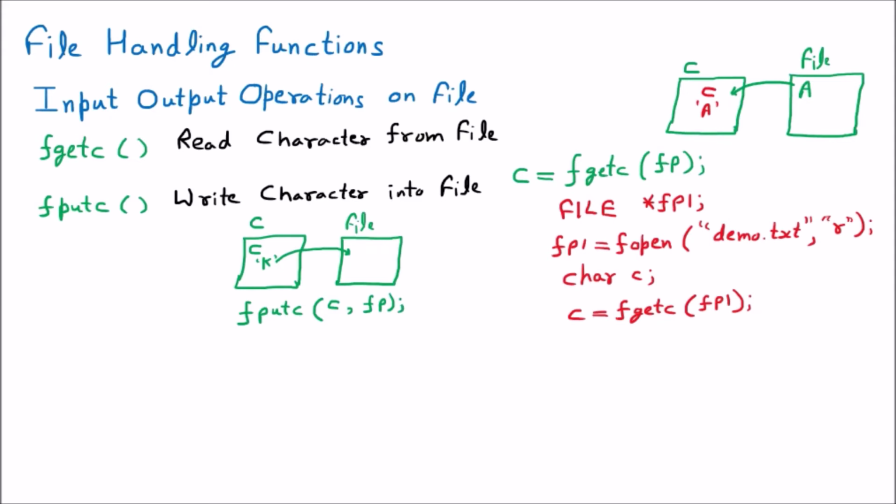Now I'm taking one example to make you understand how it is going to work. We know that this time we are writing the file. So let us suppose the pointer we are having is fp2, and then we are saying fp2 is equal to fopen, opening the file. Let us suppose the name of the file is abc.txt.